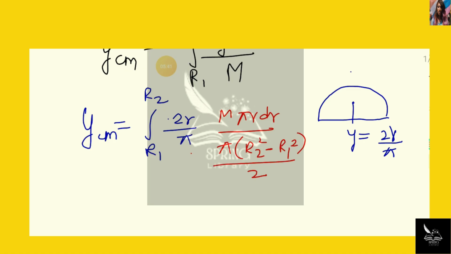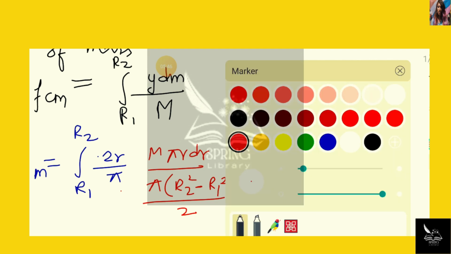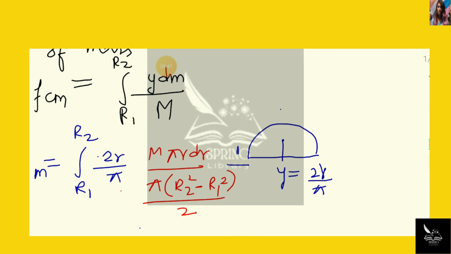Now write the remaining term in the formula: we have to write 1 over M, which remained. So after substituting the values of y, dm, and 1 over M in this formula,